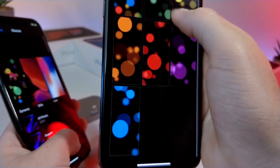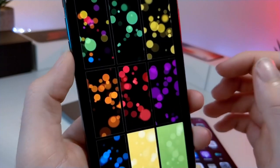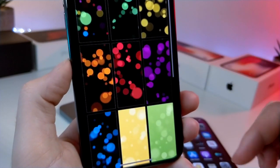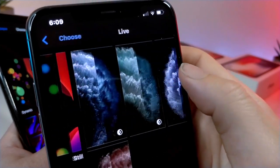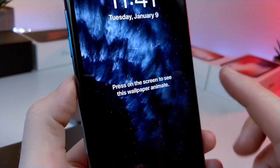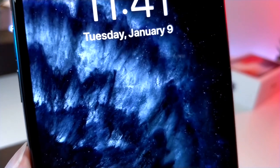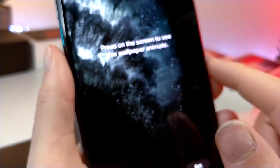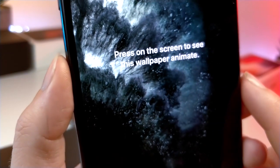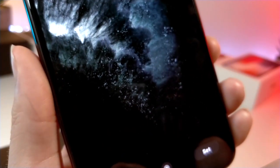Now, me personally, I love wallpapers, and for some reason, my iPhone 11 Pro Max doesn't have all the dynamic wallpapers. I'm on my iPhone 10 right now, and that has all the dynamic wallpapers, but for some reason, the latest iPhone doesn't. On top of that, if you go to the latest iPhone's live wallpapers, you'll notice that if you actually set them as your lock screen or home screen wallpaper, they're pretty low quality, and it's kind of strange to see for a device that's $1,000, which is insane. So I noticed that the quality actually gets better when the live wallpaper is activated, but you're not going to be activating the live